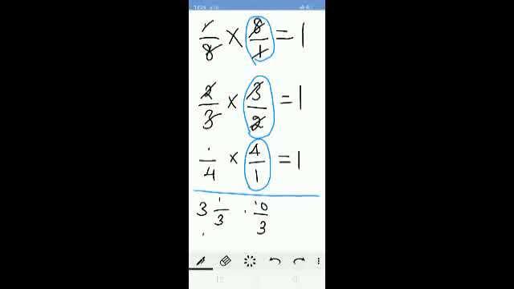For this 10 by 3, what number can I multiply to get the answer as 1? The reciprocal of 10 by 3 is nothing but 3 divided by 10, right? So 3, 3 get cancelled and 10, 10 get cancelled, and we get the answer as 1. So if the problem is given as a mixed fraction, change it into an improper fraction, then you can do the problem. I hope you all understand the existence of the additive inverse and the existence of the multiplicative inverse also.